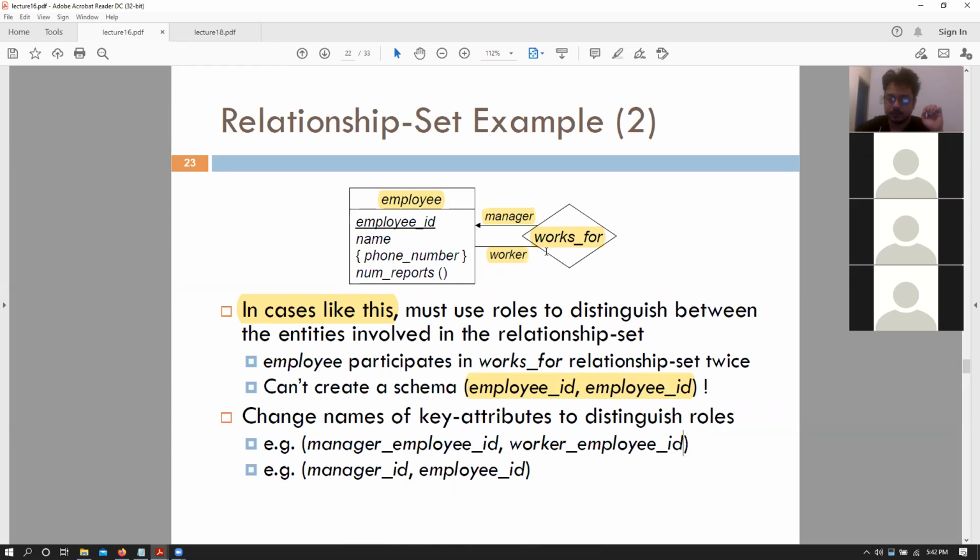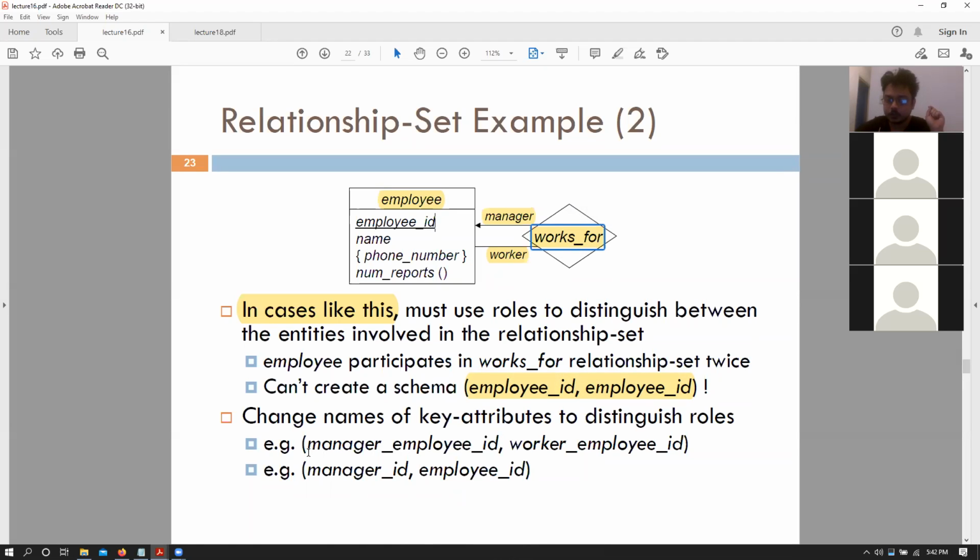So this particular relation would be a many-to-one relationship or one-to-many relationship, depending upon how you are looking at it. So let's look at it in terms of a many to one relationship, right? So if it is a many to one relationship, then that means that multiple employees can work for a particular manager, right? Multiple workers can work for a particular manager. So if that is the case, can someone tell me what would be the primary key for this relation that is works for?